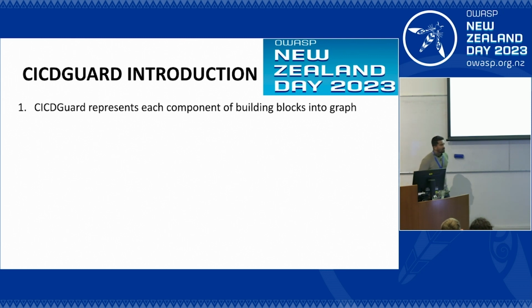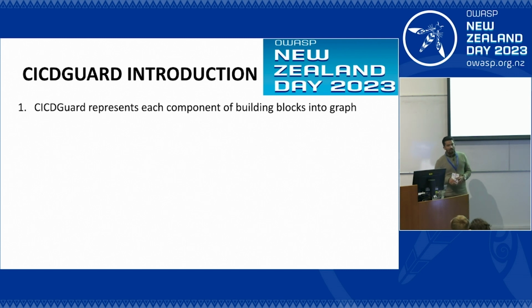So around this problem, I developed an open source product. I call it CICDGuard, and there are three key highlights of that open source product. The first one is the visibility part, which I, as a security professional, personally find most challenging. What it does,